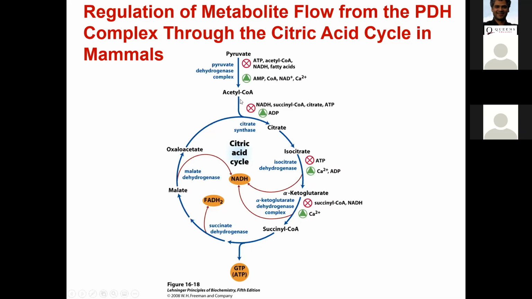And also NAD plus, because remember you will need NAD plus in 3 reactions in the citric acid cycle. Those 3 reactions are where you are using NAD plus and converting that NAD plus to NADH. So if those substrate concentrations decrease, the rate of flow through the citric acid cycle will be slowed down, right? So oxaloacetate, acetyl coenzyme A, or NAD plus.